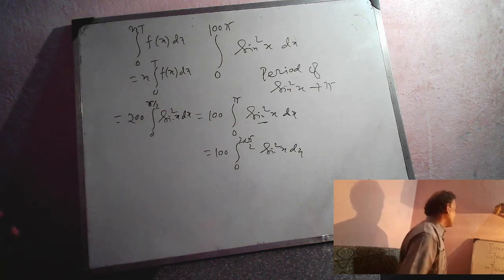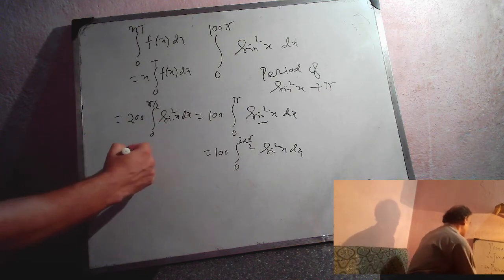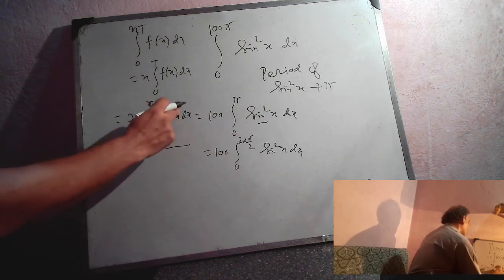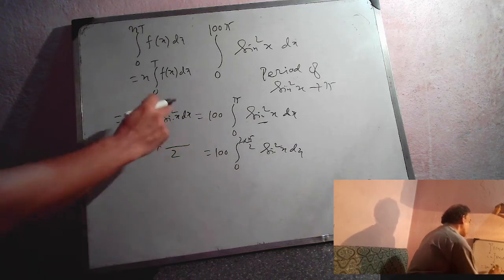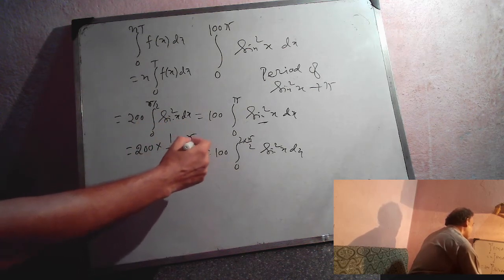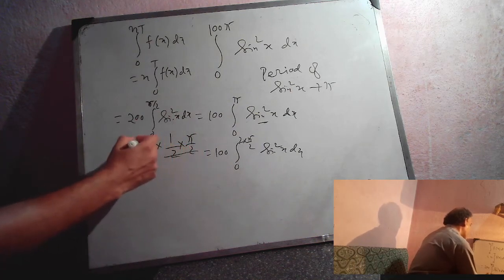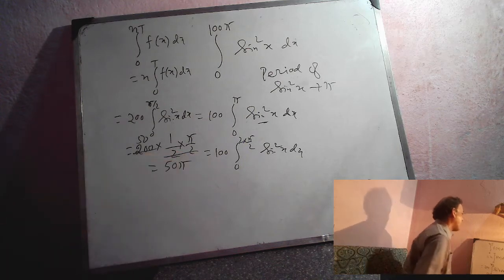Now we are in a position to apply the technique. By applying the technique, we can find its result easily. This is 2, so write 2. 2 minus 1, 1. At the end, you have to multiply by pi by 2. Why? This is even. 4, 50. So your answer will be 50 pi.